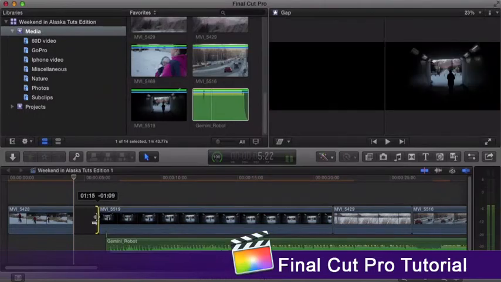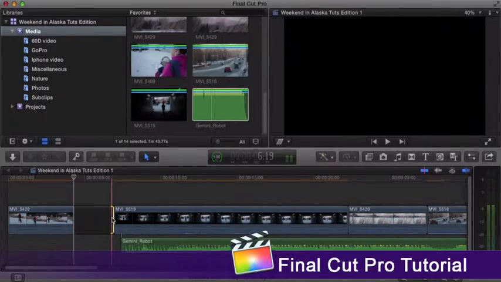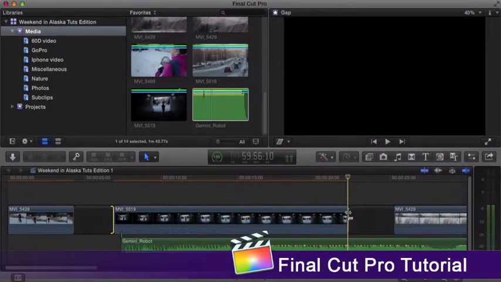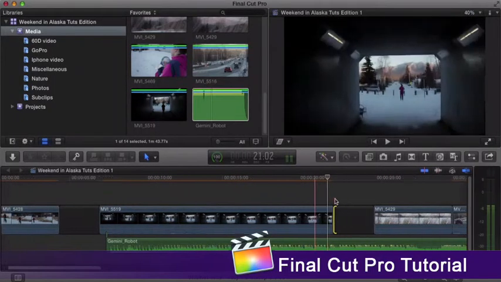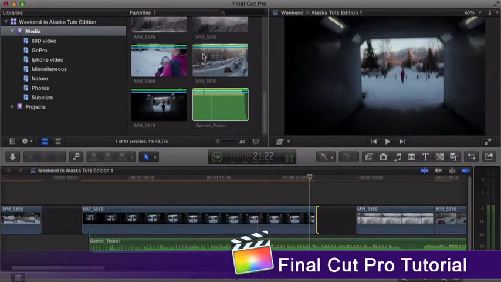So now we can adjust the size of the gap too. An easier way to do that is just to remember the keyboard shortcut, Option W. So over here, let's add a gap. There, Option W. Now if we attached video clips above the primary storyline,